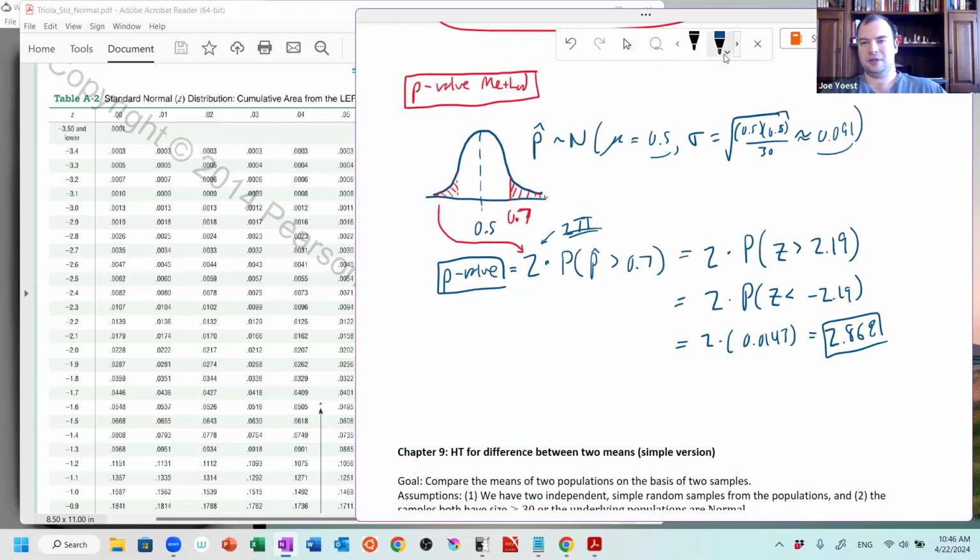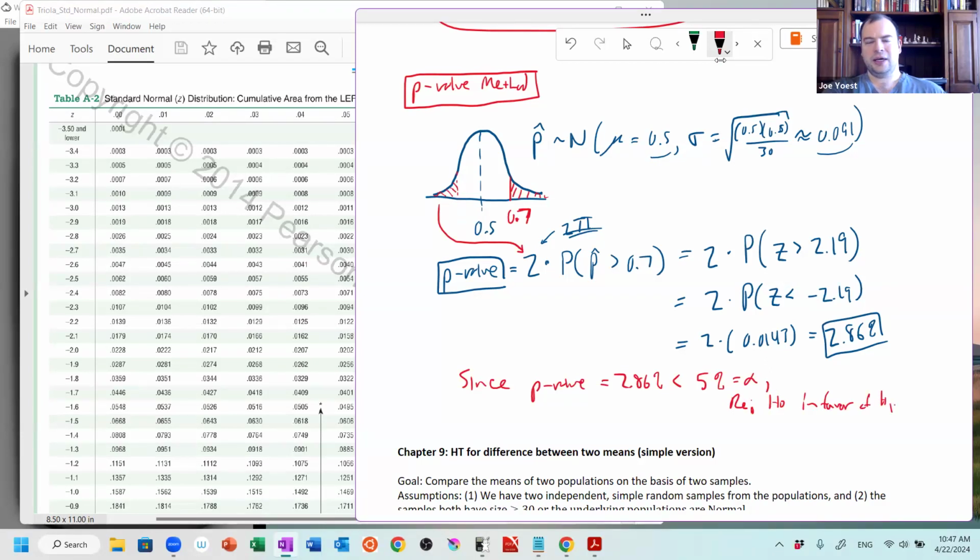Remember, I'm testing against a significance level, alpha, of 5%. So the p-value is the actual type 1 error that I would incur if I rejected for the sample. The significance level was the maximum allowable type 1 error. So I can say, since the p-value equals 2.86%, since the actual type 1 error I would get if I rejected is less than 5%, the maximum allowable type 1 error, within the constraints to be able to reject, I'm making an error less often than the maximum allowable error rate. So I reject H0 in favor of H1,